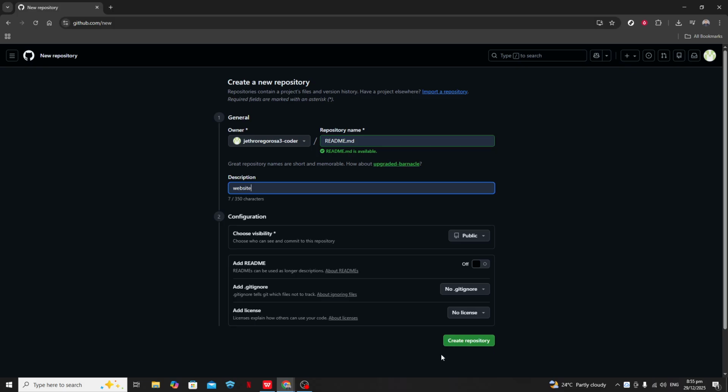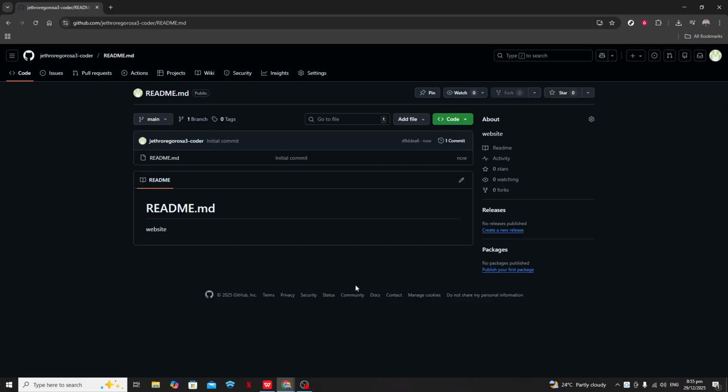If you're working directly on GitHub, you can also create a README file right from your repository. Simply open your repository page, click on the Add File button, and select Create New File. Then type readme.md as the file name. From here, you can begin writing your content using Markdown. Remember, even simple formatting, like headings, bullet points, and code blocks, goes a long way in making your documentation easy to understand.